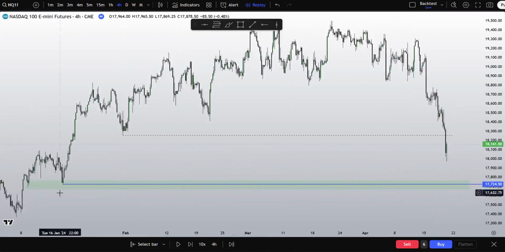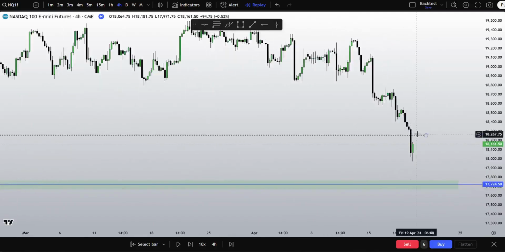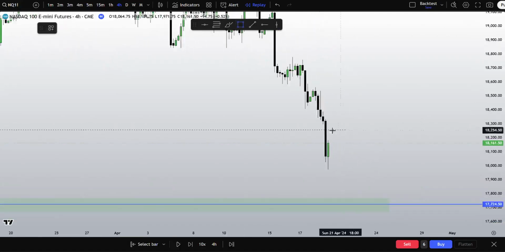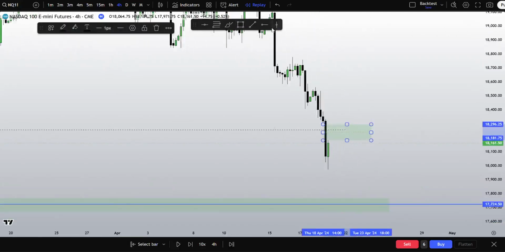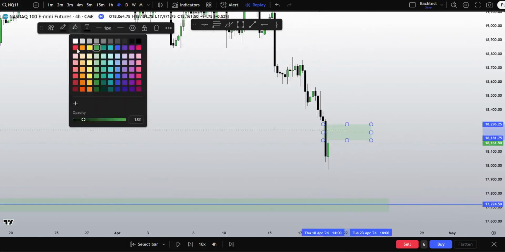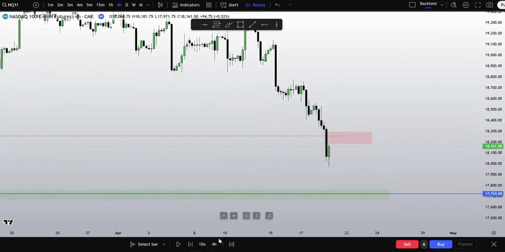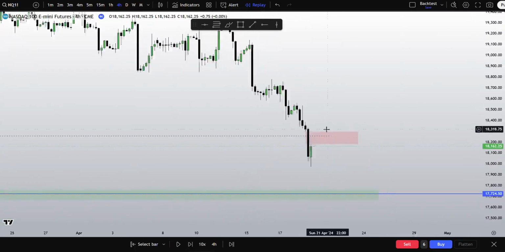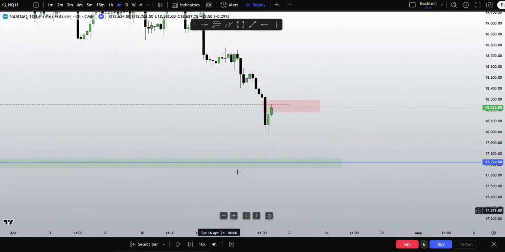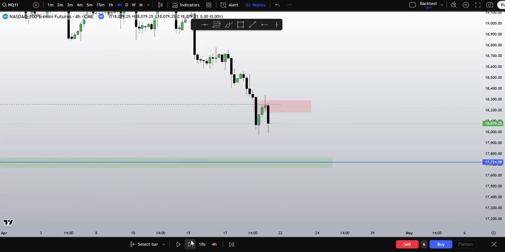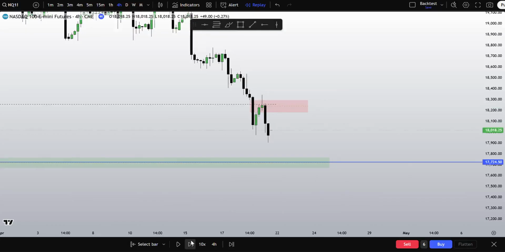Keep in mind that we have taken this low, so I want to see how we react here. If we disrespect this opposing PD array, I'll reanalyze and go back to look and see what I would like to see happen. So now here's where my eyes are on this bearish fair value gap. I would expect us to disrespect this fair value gap, but we're going to see what happens. As of right now, respecting it.